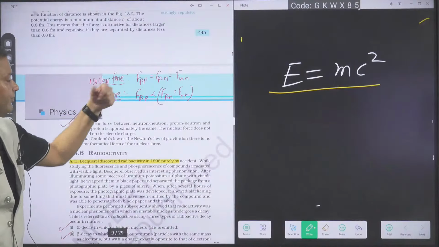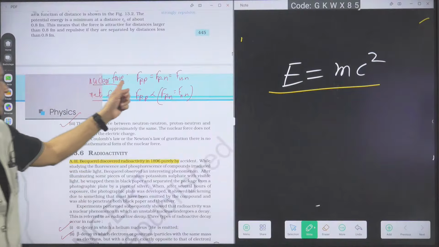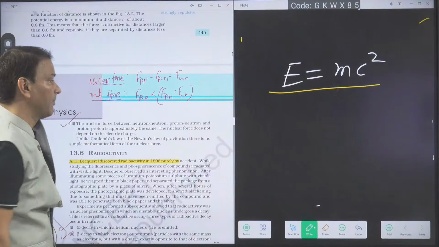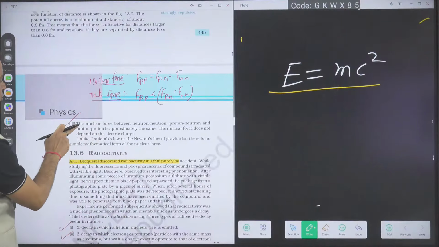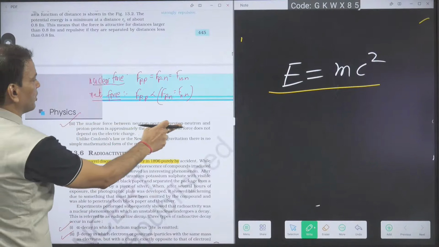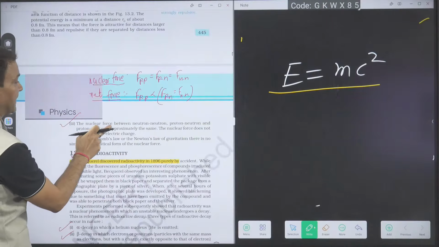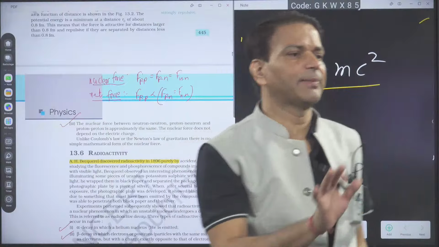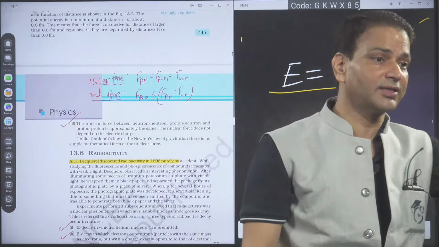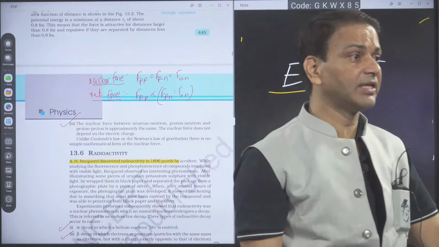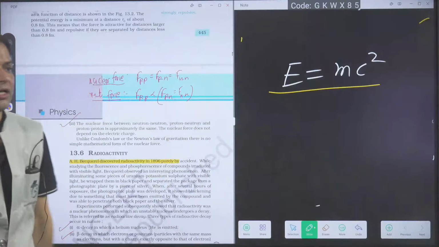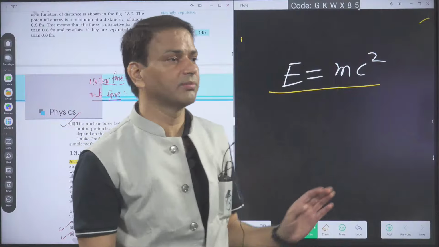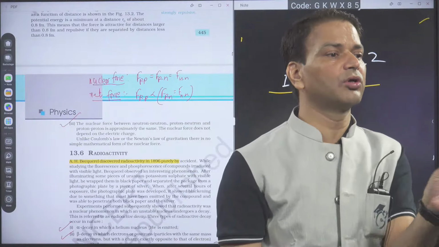so if we are asking about the order of nuclear force, it will be equal in proton-neutron, proton-proton, and neutron-neutron, because it doesn't depend upon the mass and the charge. Here it is also given that the nuclear force between neutron-proton, proton-proton, and neutron-neutron is approximately the same. Suppose they give the statement approximately the same, don't get confused. In the NCERT they have given approximately the same, or if the approximately option is not there, they are saying it is the same, then we can say nuclear force between proton-neutron, proton-proton, and neutron-neutron are equal.